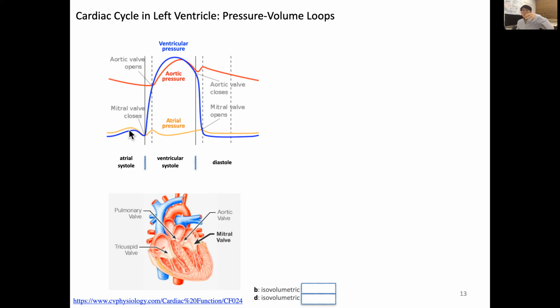But because of the filling up, the pressure of the left ventricle starts to build up. At some point, it's higher. What that means is the mitral valve now stops. So the mitral valve closes, and then the ventricles start to contract, and both the mitral valve and aortic valve are